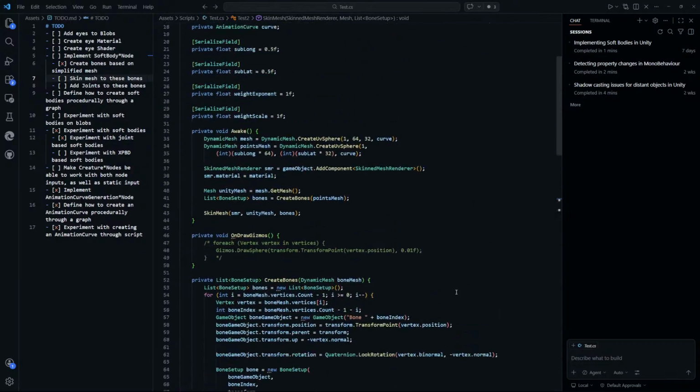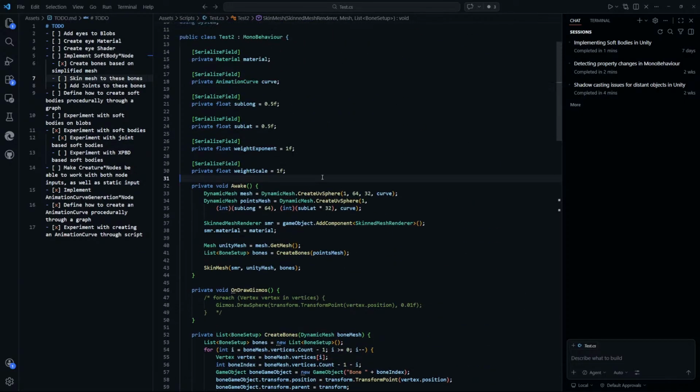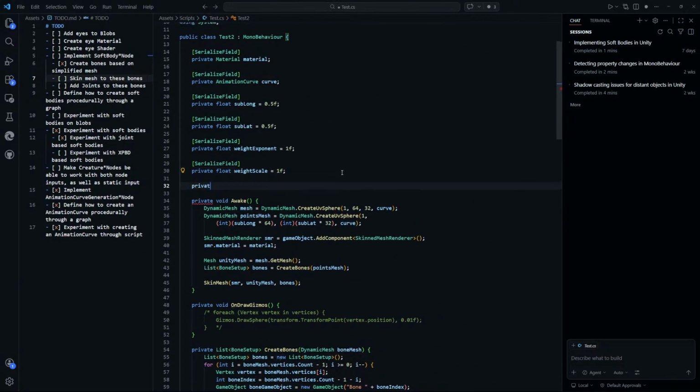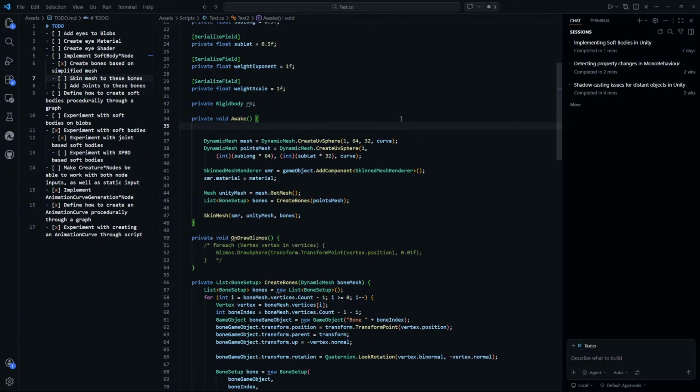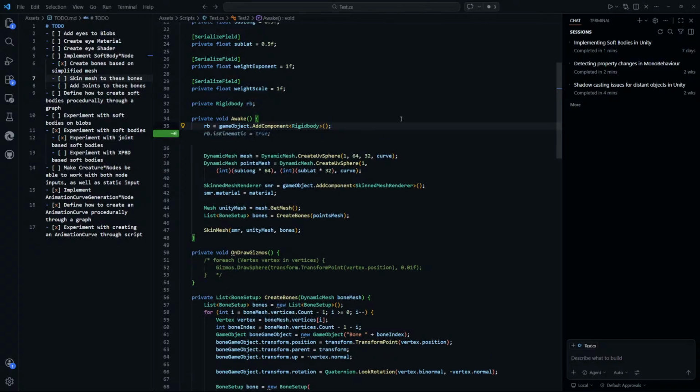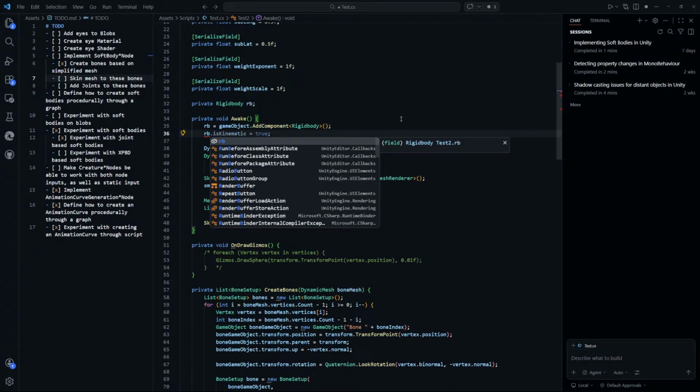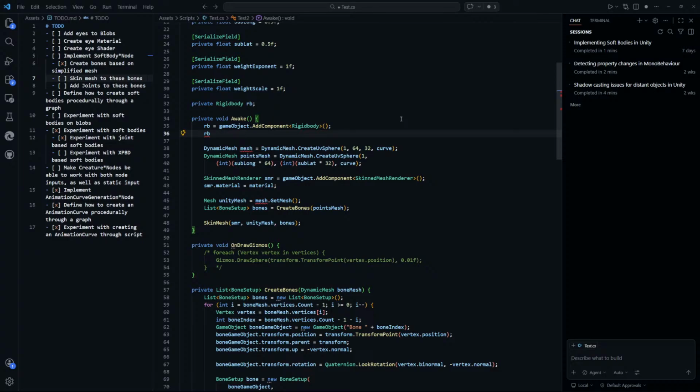I'm gonna start by adding a... I'm gonna add a rigid body. Don't want it to be kinematic. Like I also want to open, or I want to add a